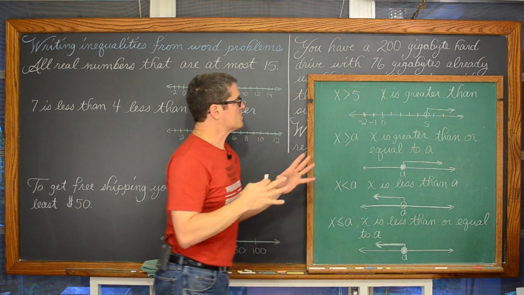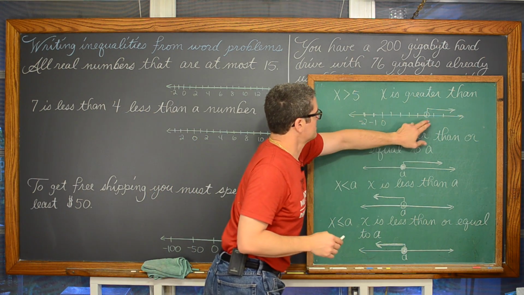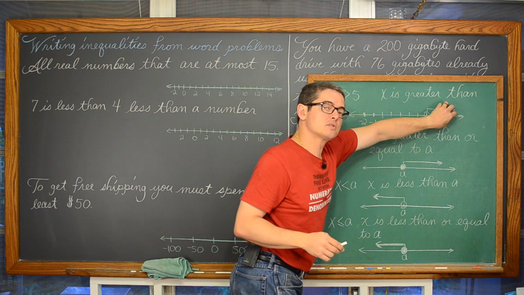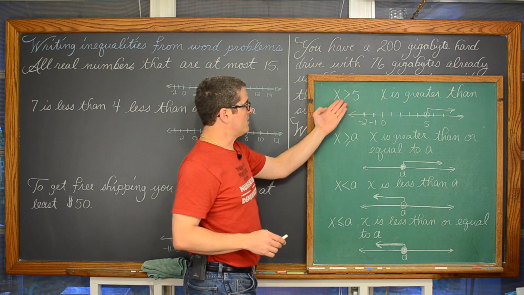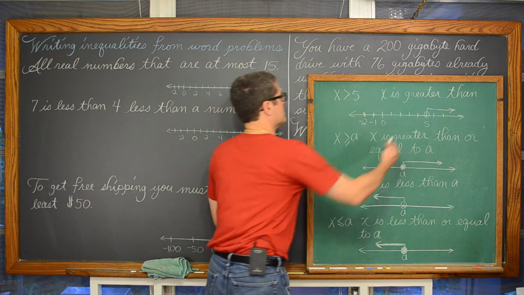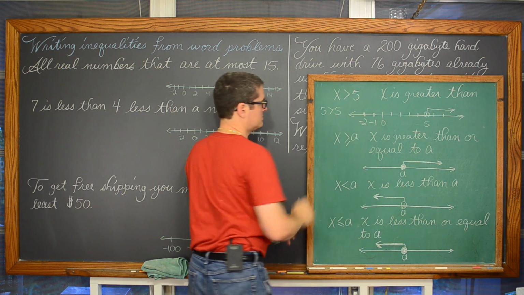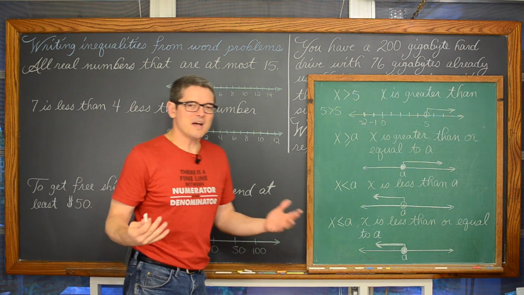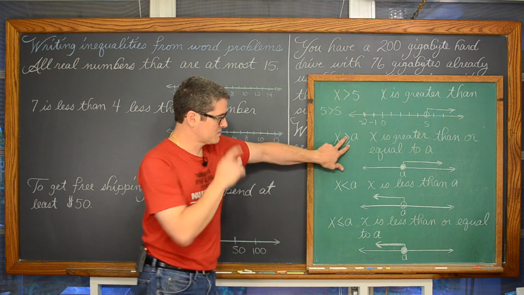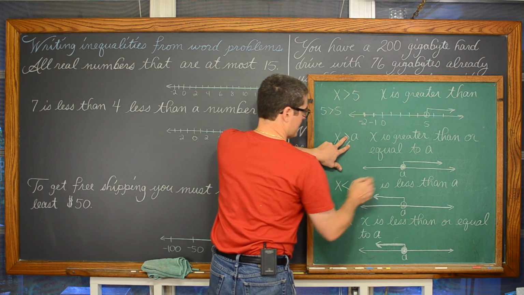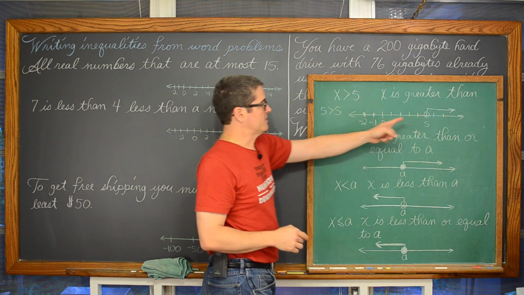Now, I just want to point out, again, with that open dot, if this shaded area is supposed to be indicating the solutions in the number line that allow this inequality to be true, well, I started at 5. What if I write 5 is greater than 5? Well, 5 is not greater than 5. 5 is equal to 5, where that dot would be closed. But that is a false statement, thus that dot is open.